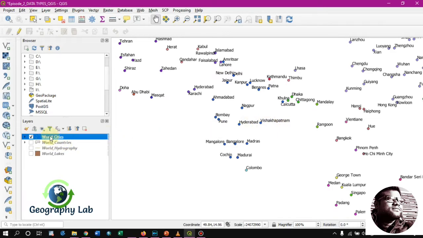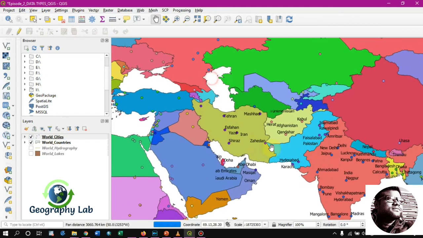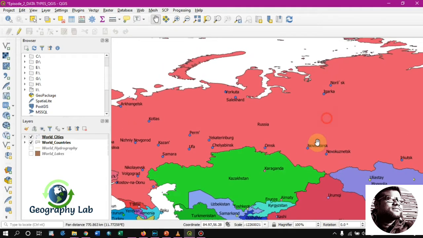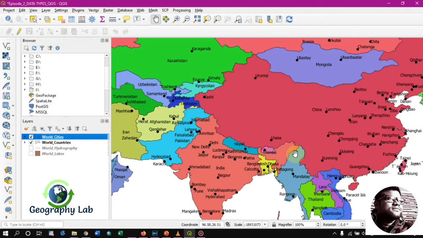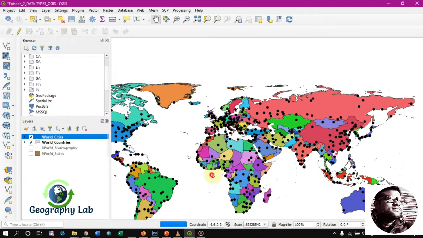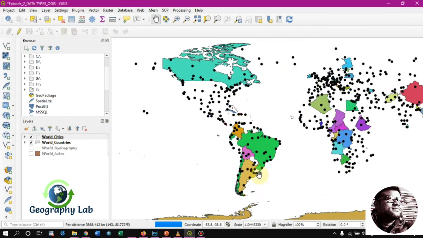For example, like India, we have all the blue. For Kazakhstan, we have this color. For Russia, we have this color. So this way you can visualize the attribute tables of the associated vector database within a display.